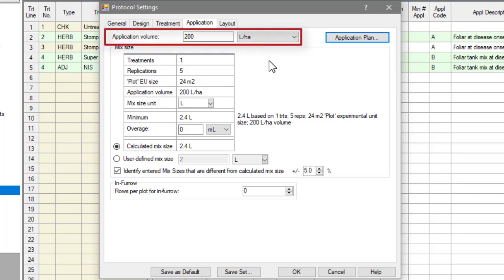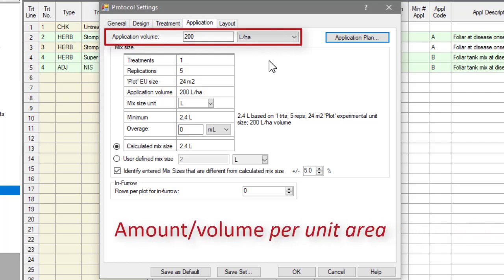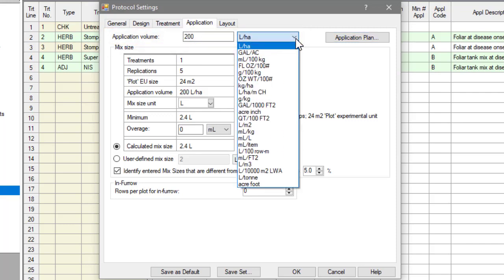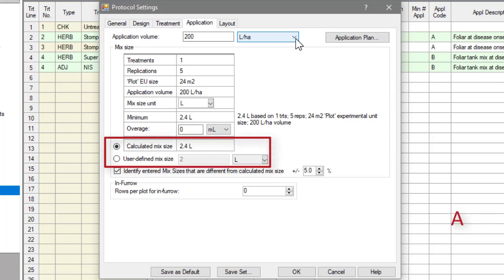The application volume is the amount or volume per unit area to use when applying treatments. In our example, we dilute treatments in water before application, so our application volume is the amount of water plus formulated product that is physically applied to our plots. There are also units for many other application types that are supported in ARM, like seed treatments or leaf wall area applications. Next, we set the mix size,